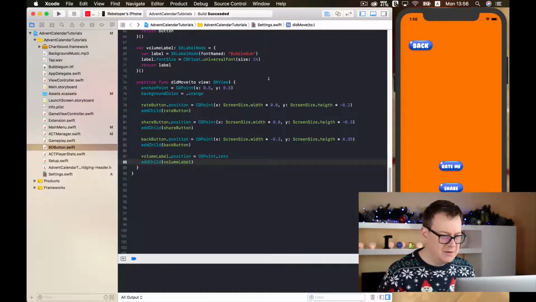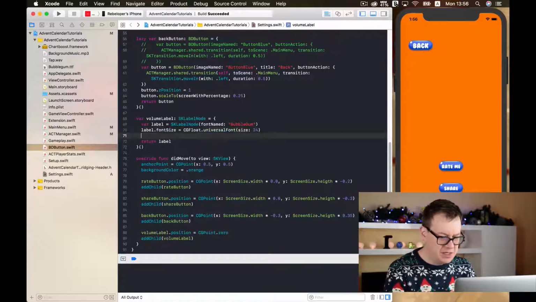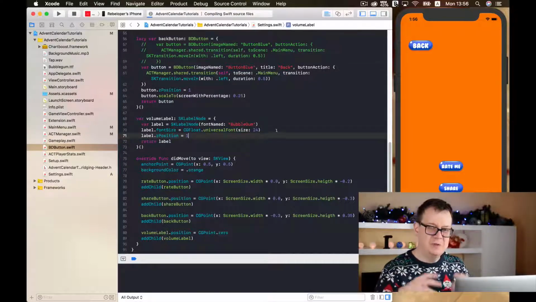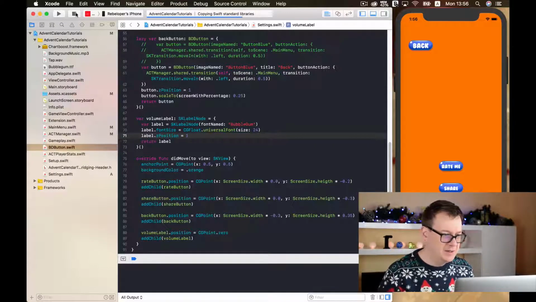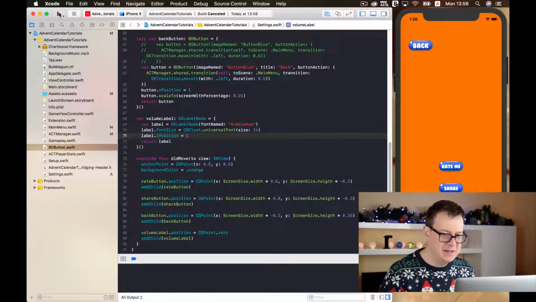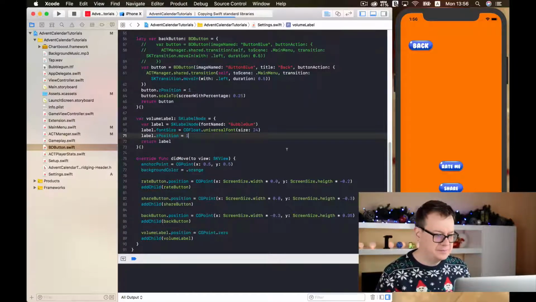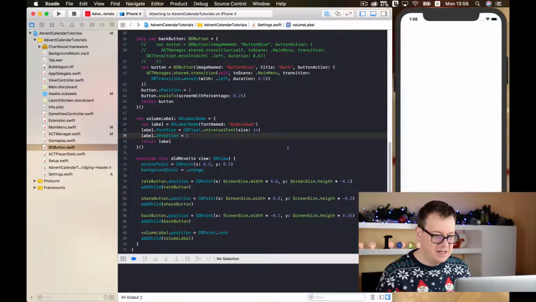Let us maybe again add our Z position. So label dot Z position equals 1, so it shouldn't get drawn behind the background. Let's build and run. Let's choose our iPhone X simulator here, build and run and see the